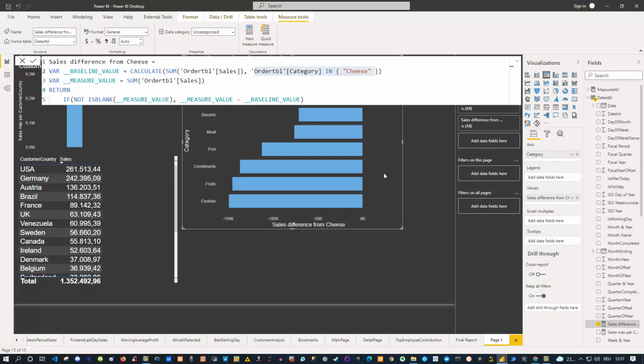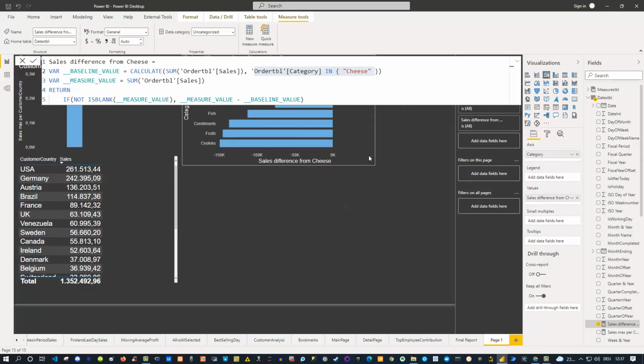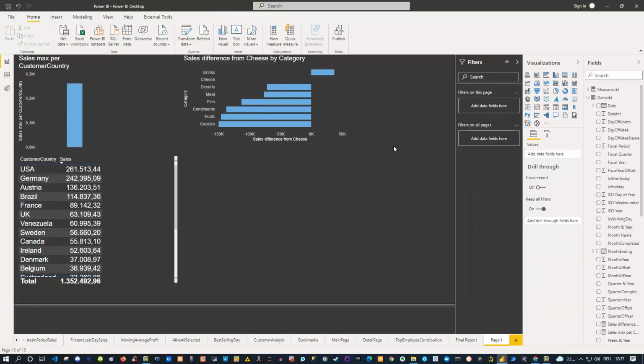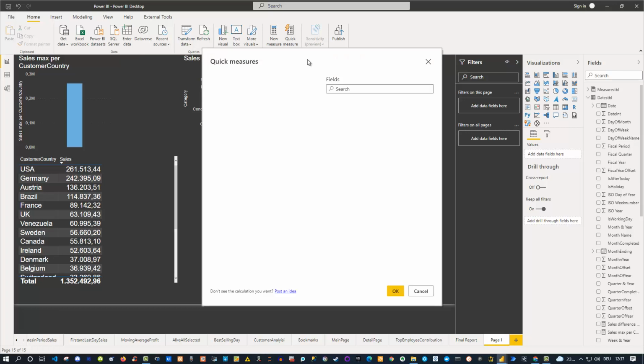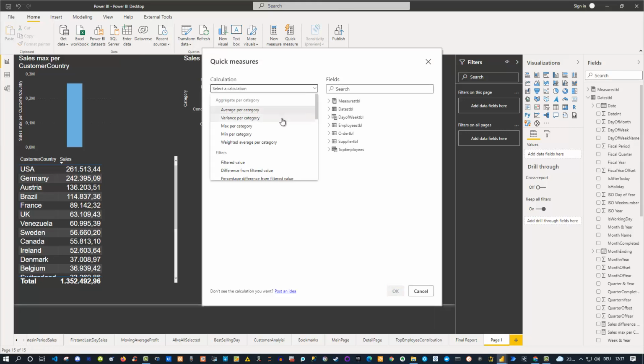Maybe let's have a look at one final option, which would be a time intelligence function, because they are really used quite often and very powerful. This is why I think it makes sense to take a look at the quick measure here as well. So tick the option and then say, for the time intelligence here, let's say we would like to see the